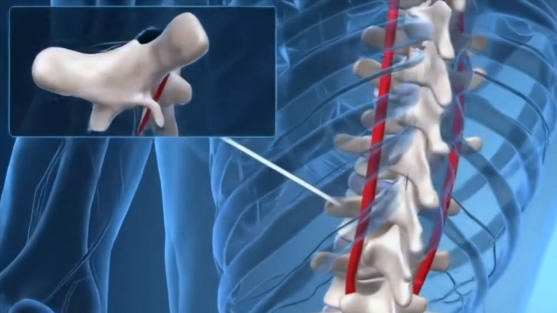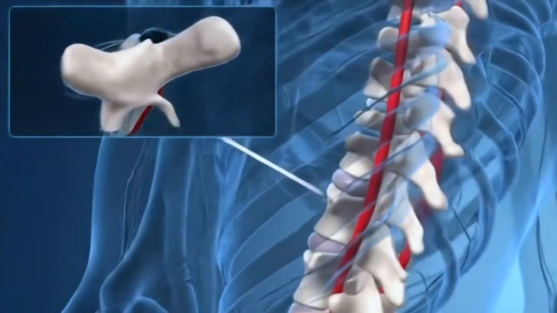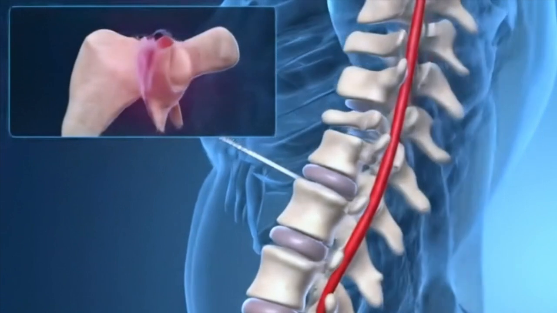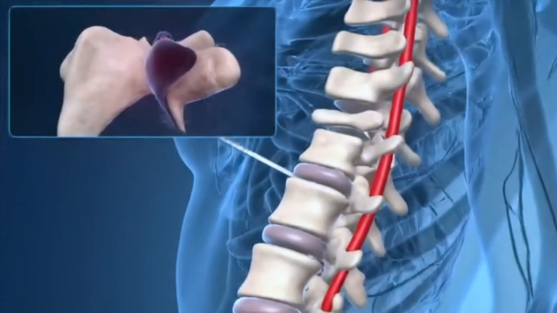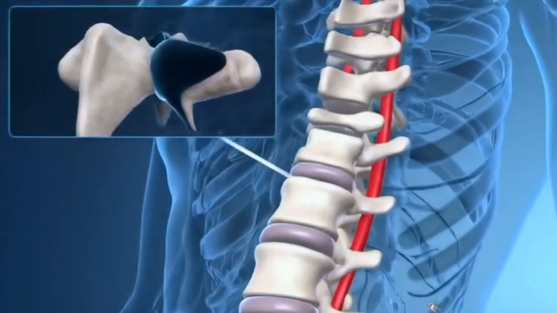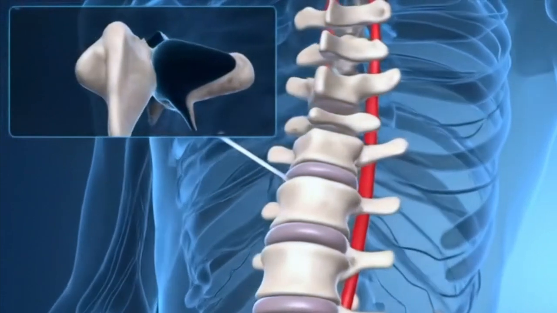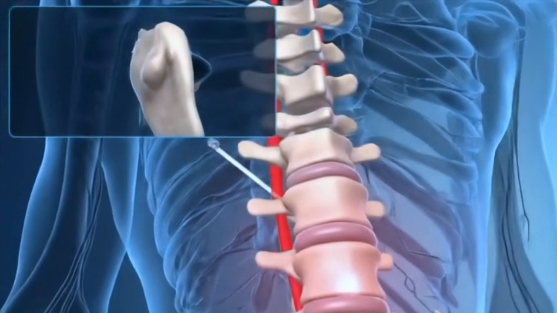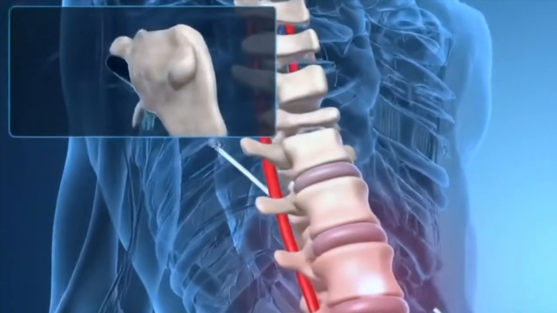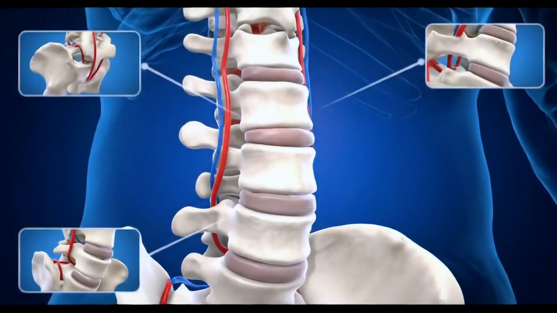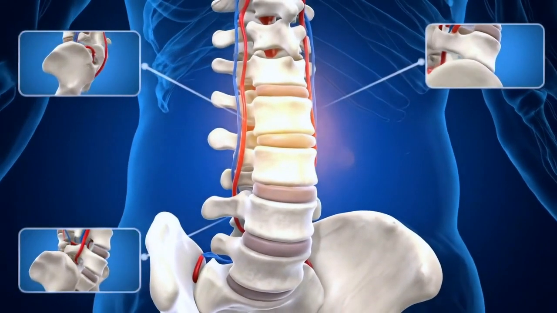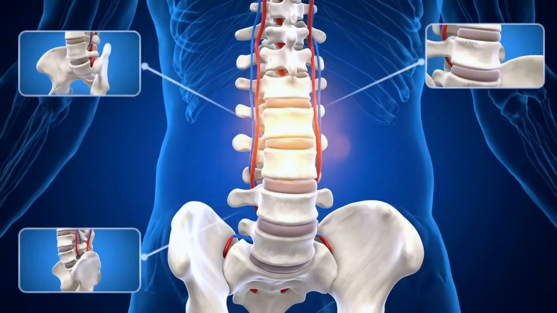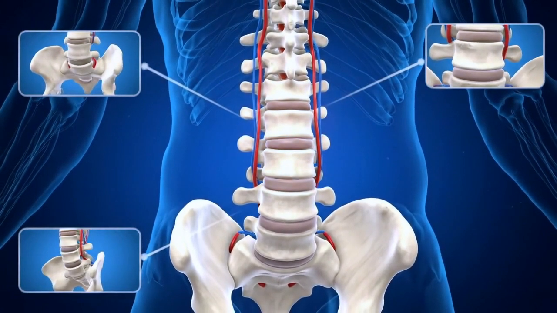Spinal fusion. If the stenosis is accompanied by instability, a laminectomy may be combined with a spinal fusion, where the surgeon permanently connects two or more vertebrae to stabilize the spine. Lifestyle and home management. Exercise. Engage in regular, low-impact exercise like swimming, water aerobics, or cycling. Maintain a healthy weight. Excess weight puts more stress on your spine. Use assistive devices. A cane or walker can help with stability and may allow you to lean forward slightly, relieving symptoms while you walk.